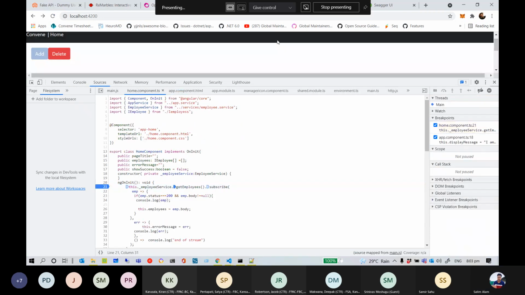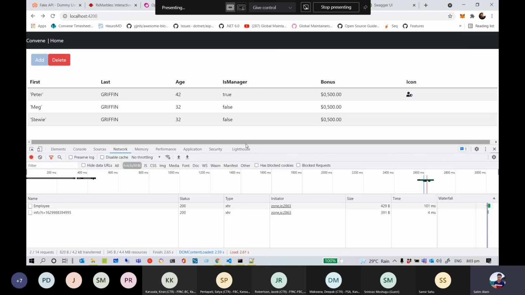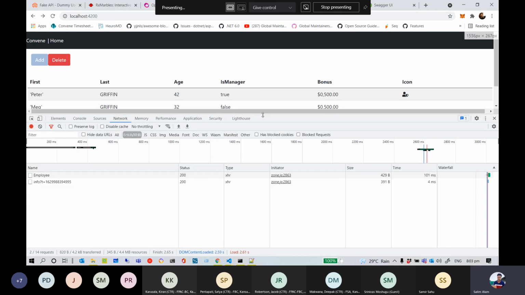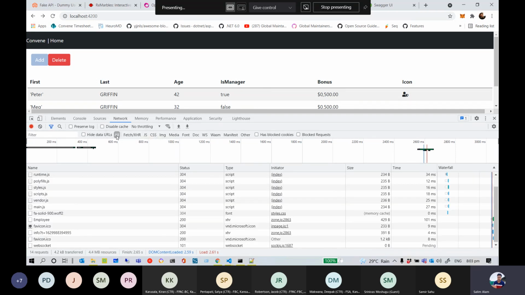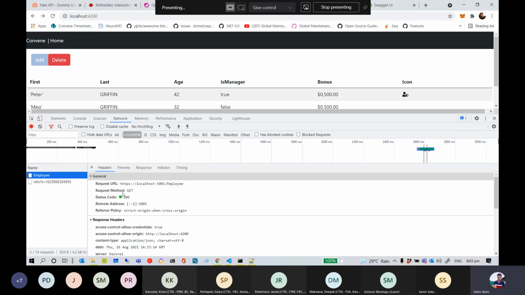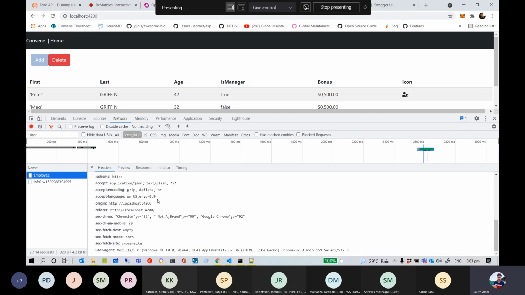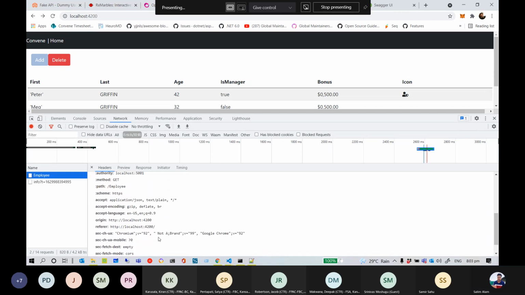Worked. Should have got the data back. Yeah, we got the data back. If I go to network, one more thing. When you guys are debugging your API calls, you have to go to network, and by default it will be in All. You have to go to Fetch/XHR. This was something I didn't know. And in employee, if you look at my request headers,